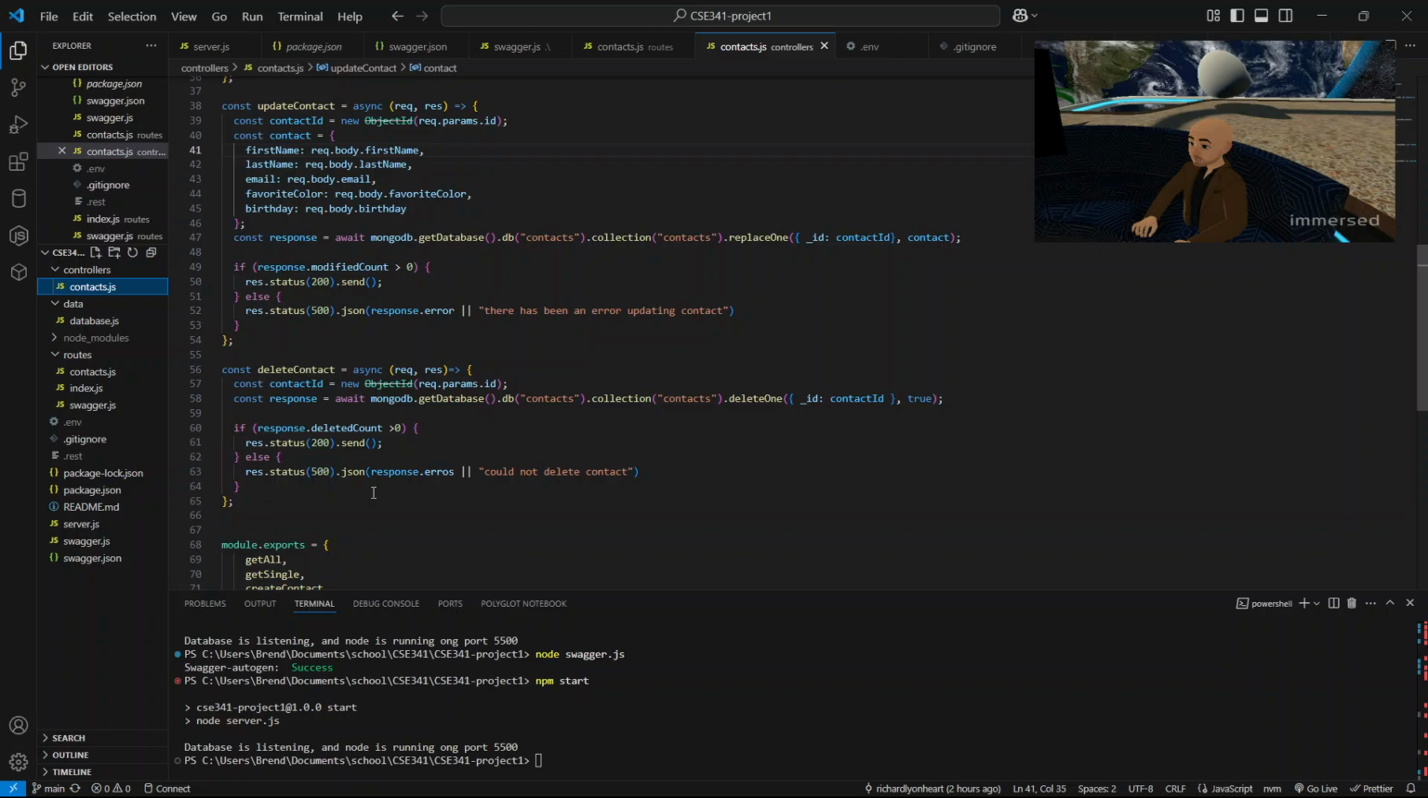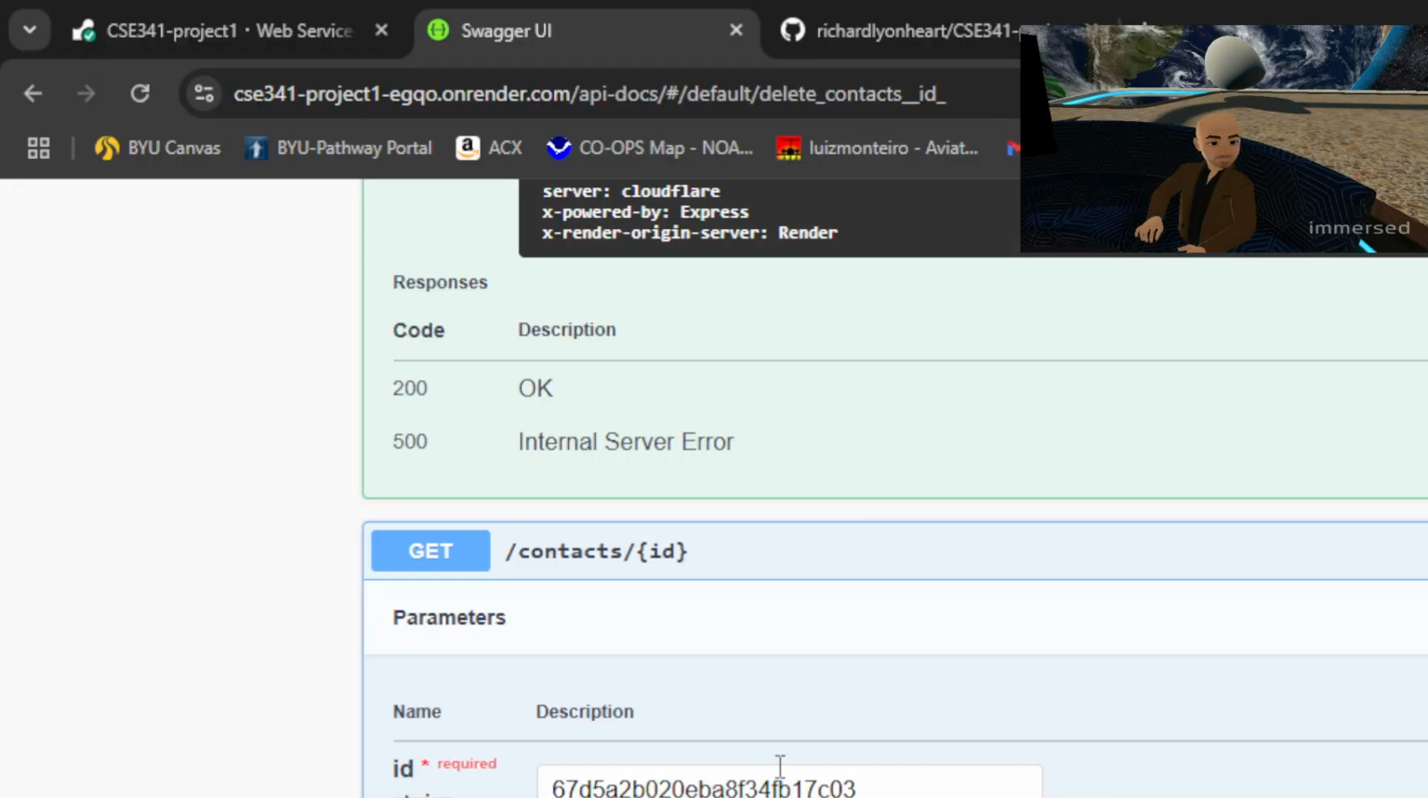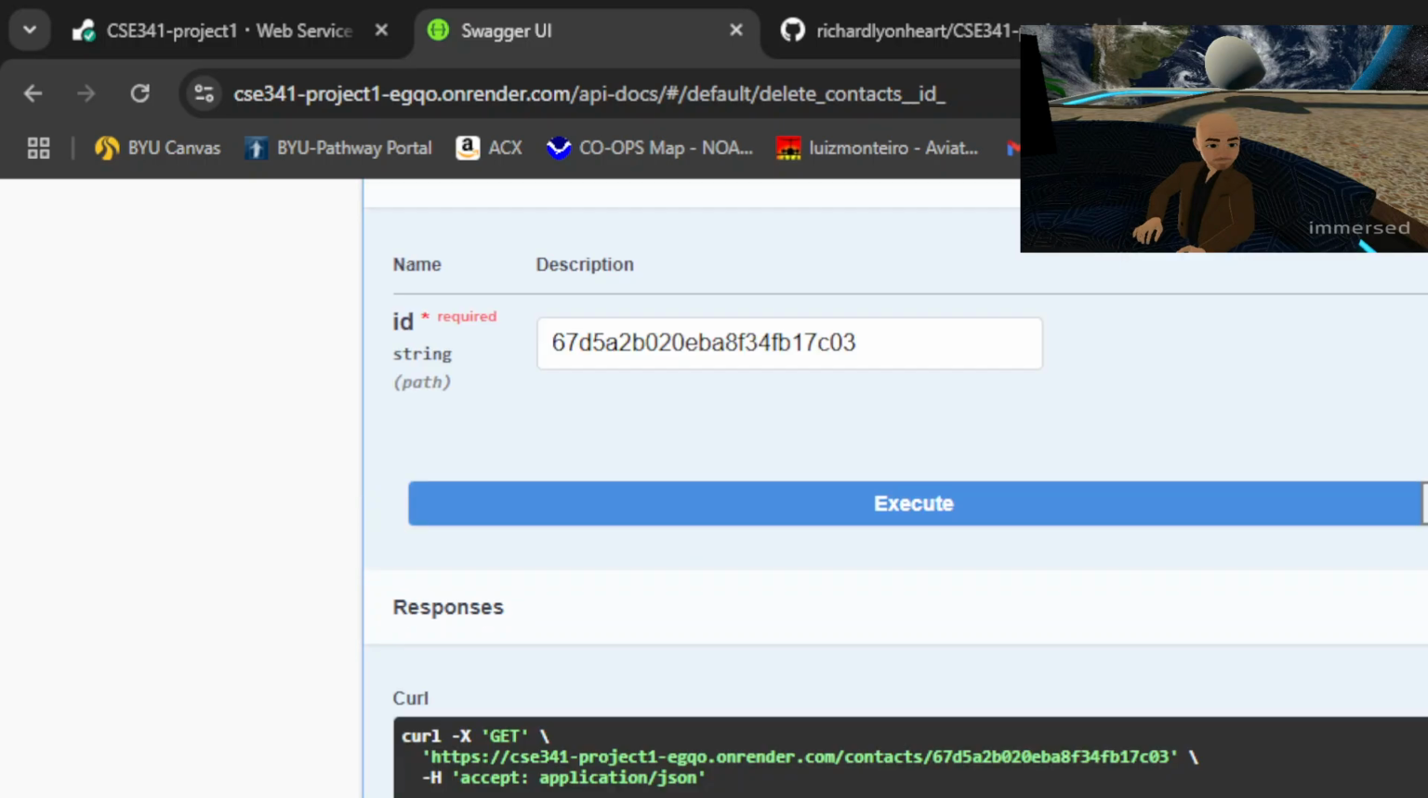Alright, so let's put it in, and we're going to execute, and it says that we've deleted it. So now we could go to here, execute, and try to find it, and it gives us the request URL, and nothing's showing up. If we go up to here,